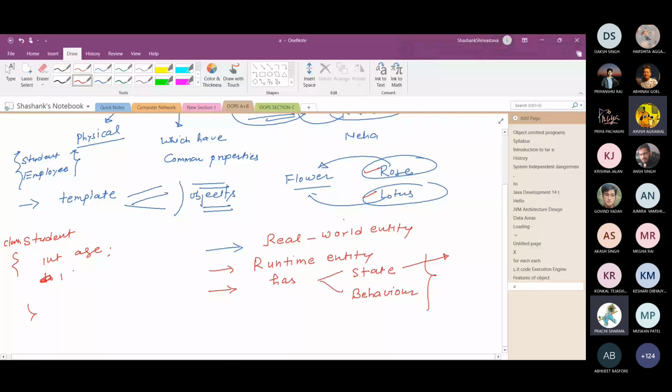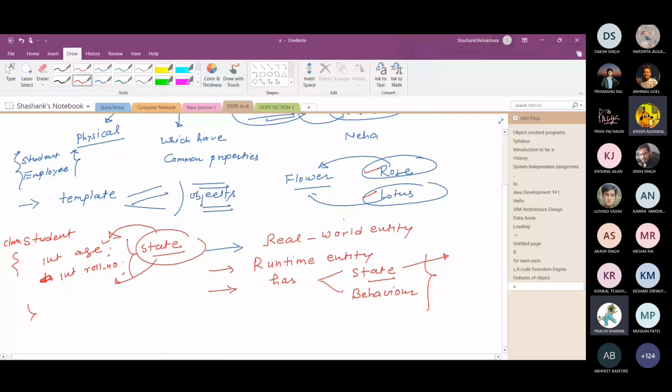State of a student means a particular student has this age and this roll number. हो सकता है next year कुछ और स्टूडेंट आएंगे, उनकी एज अलग है, रोल नंबर अलग है. So that is state, and behavior means how this object behaves by using certain functions.